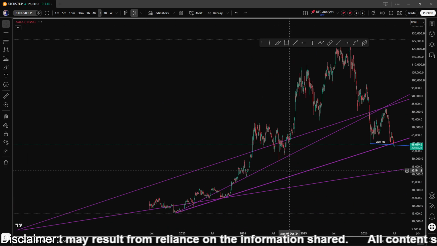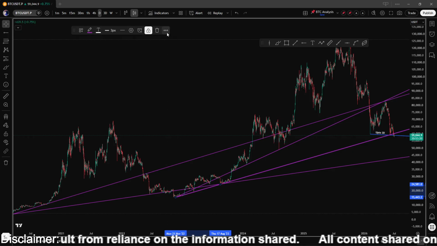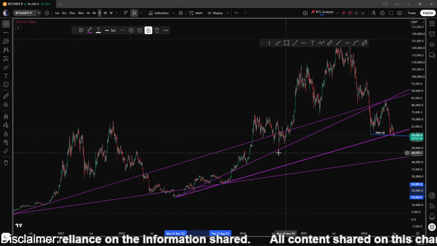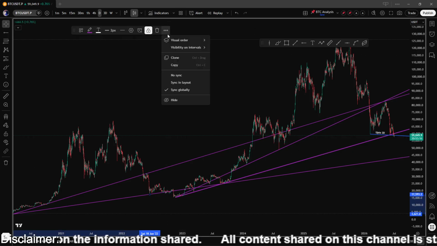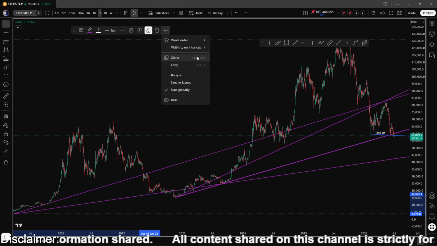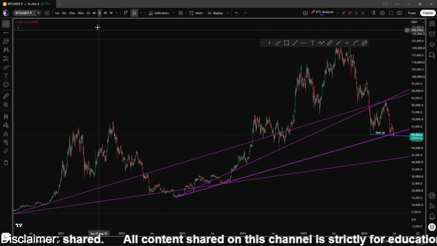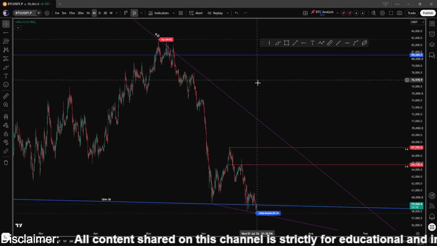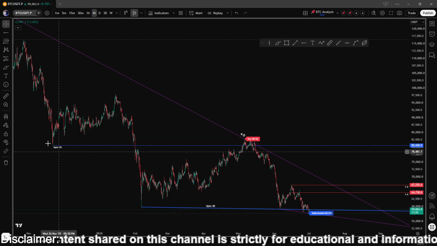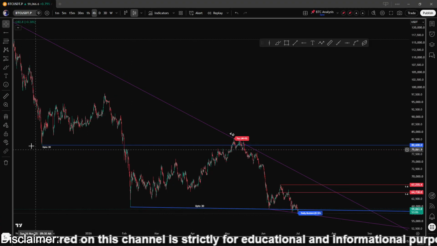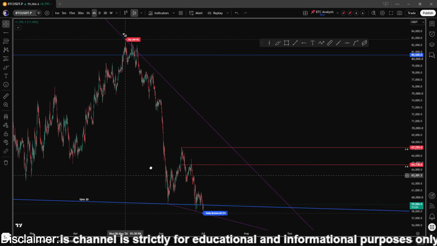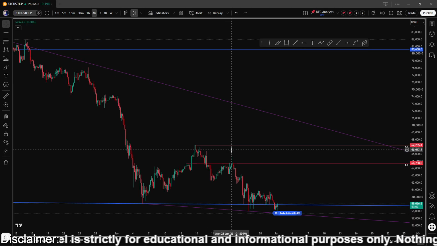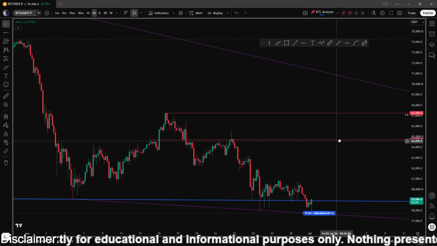Let me keep this above, and I'll explain this thing also after a few minutes or so. For the time being, let's stay with these levels up to 3 day, the one which I have marked. Currently what we are observing here is